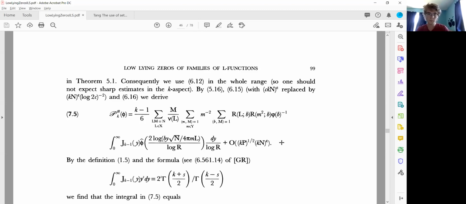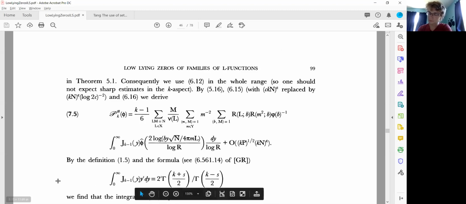Essentially what we have is an integral transform of our function phi hat. So you take your function phi hat, you evaluate it at this nightmare, and then you integrate it against a Bessel function. It's going to give you a new function, and this function will be related to your original function phi, or phi hat. So the first thing is,